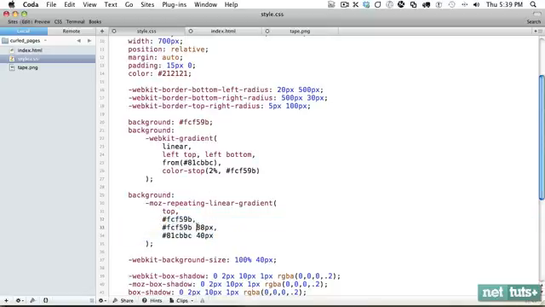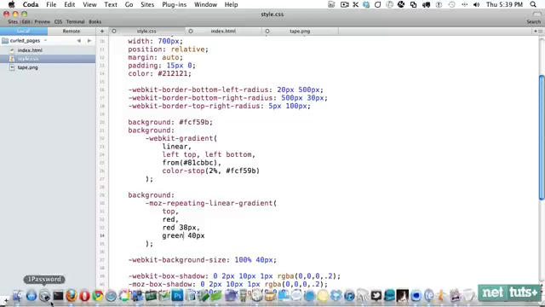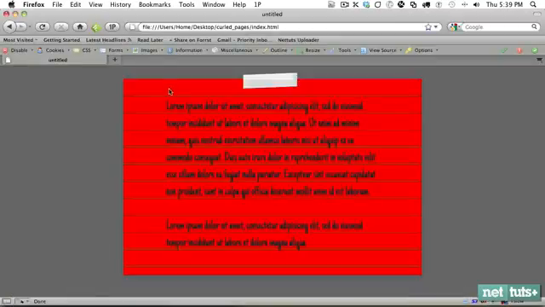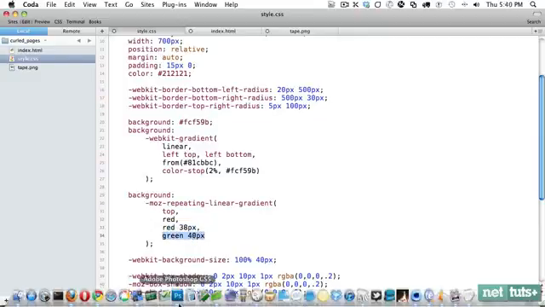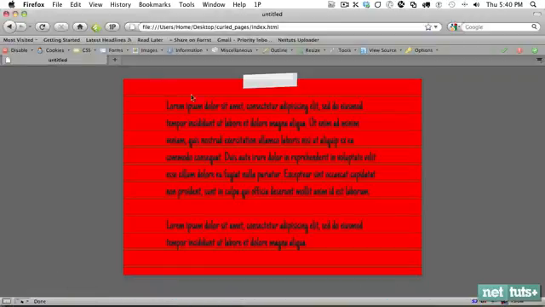But why is this working? It's because we have our color, and then we say once you get to 38 pixels, it needs to be this color. So if it's easier for you to get rid of these hex colors so you know exactly what's going on behind the scenes, at least it helps me. If we do red-green, you can see that the red will extend for 38 pixels. So we say start at red, and you need to be at red by 38 pixels. And then when you get to 40 pixels, it needs to be solid green. So that means it has 2 pixels to transition from red to green,